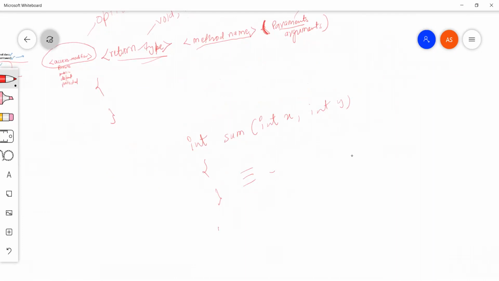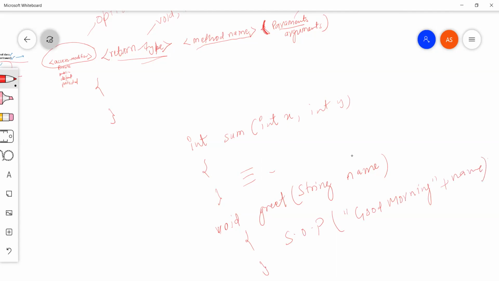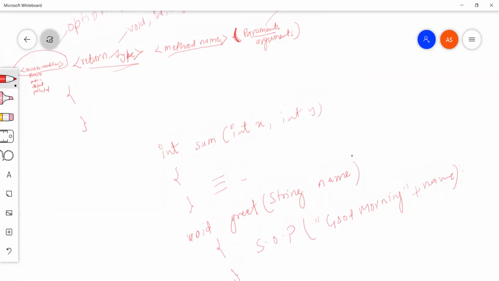Now let me take another example. Let's say void greet, and it will take one parameter, a string, that will be passed when we call this. It will say System.out.println good morning, and it will print your name with the greeting. So this is how we can define a method.